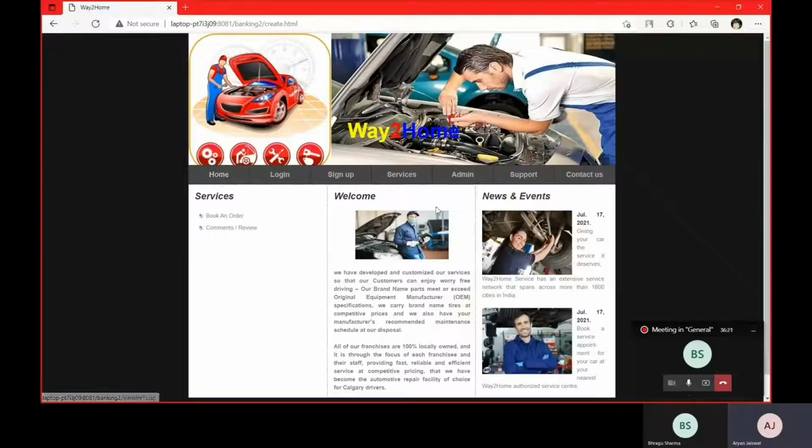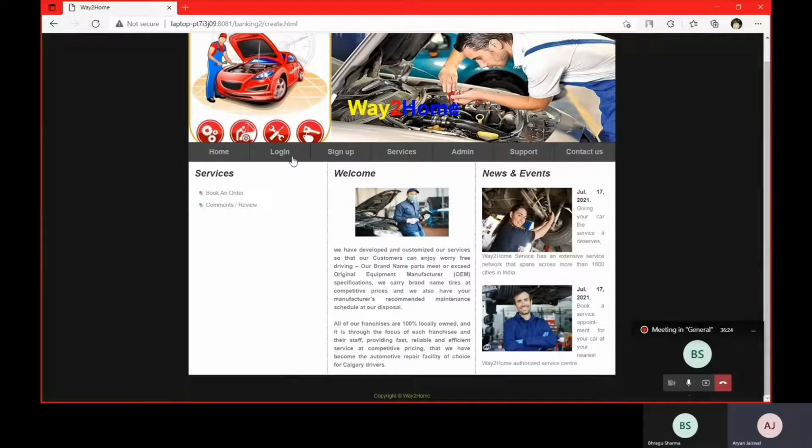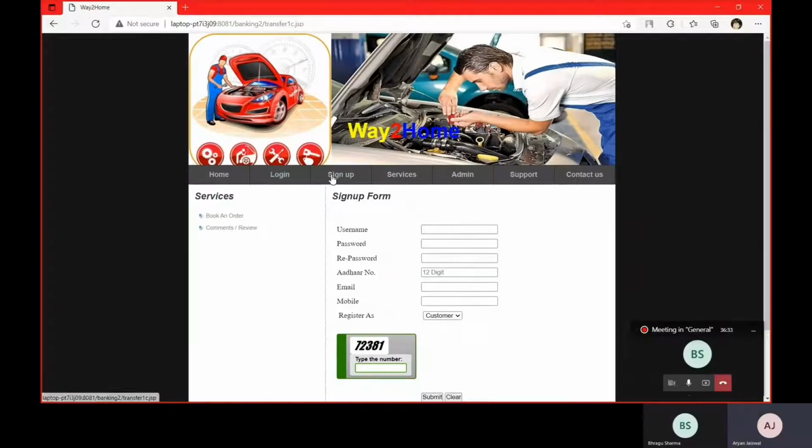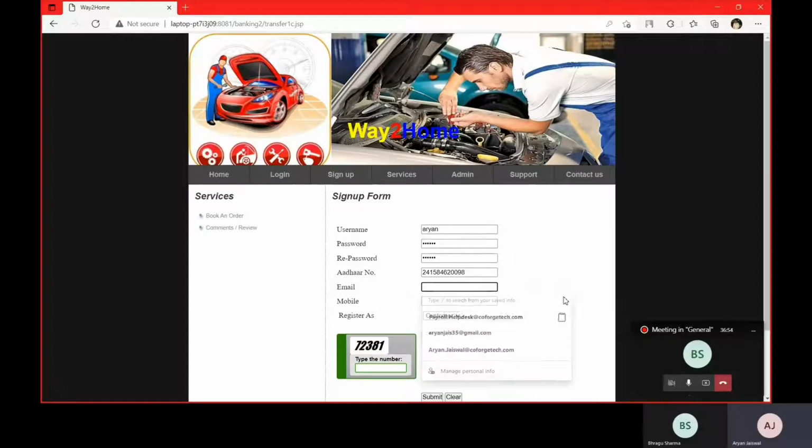So as you see, this is our home page. We press on login, and now we can log in as a user. Okay, so first we see the sign up. Now in sign up, you can write anything, and any type of password, Aadhaar number. There should be only a 12-digit Aadhaar number. Now email, anything, mobile number,